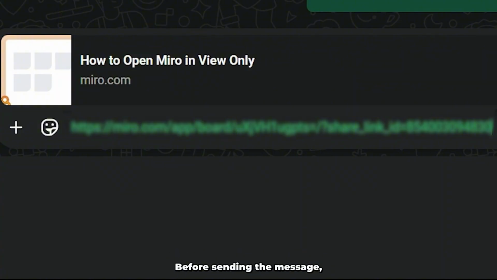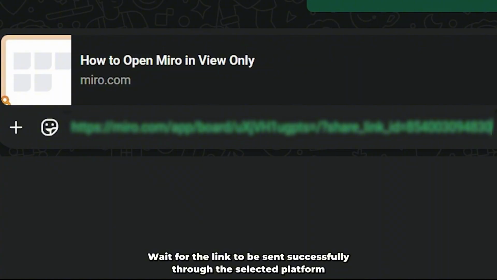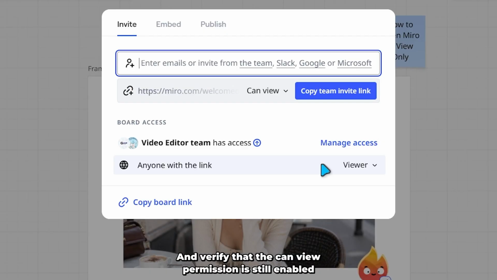Before sending the message, check that the link was pasted correctly and that no extra characters were accidentally added. Wait for the link to be sent successfully through the selected platform. After sending it, return to the Miro sharing settings and verify that the Can View permission is still enabled. Keeping this permission active ensures that the board remains available